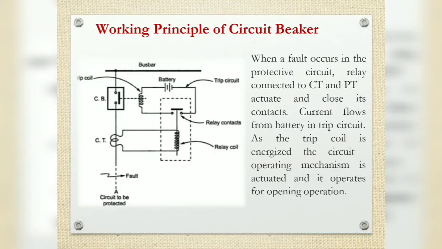So current flows from the battery in the trip circuit. As the trip coil is energized, the circuit breaker operating mechanism is actuated and it operates for